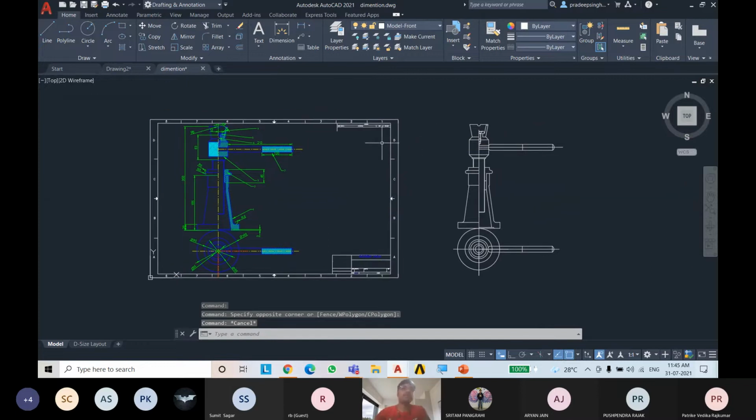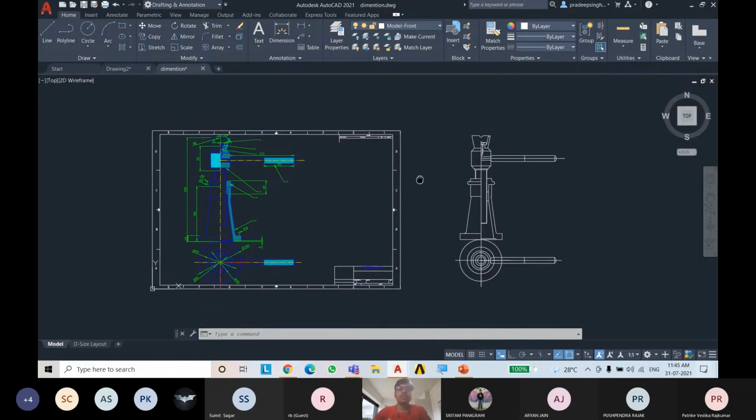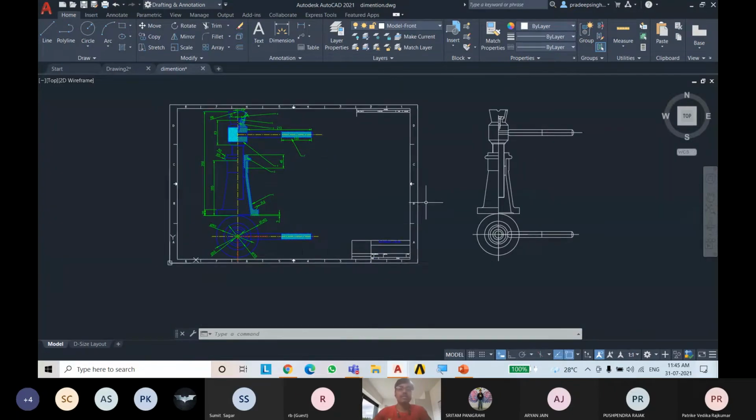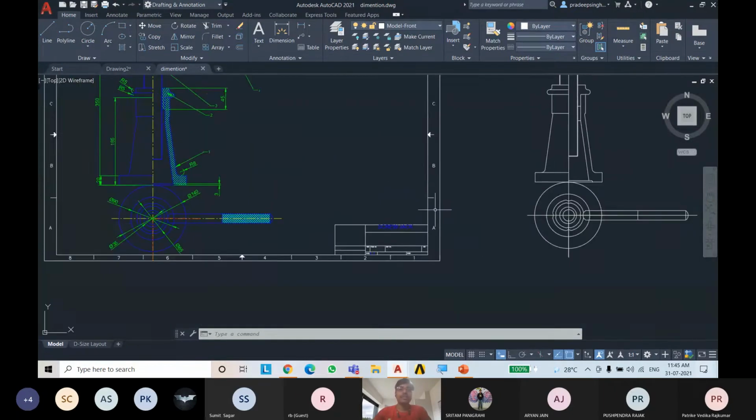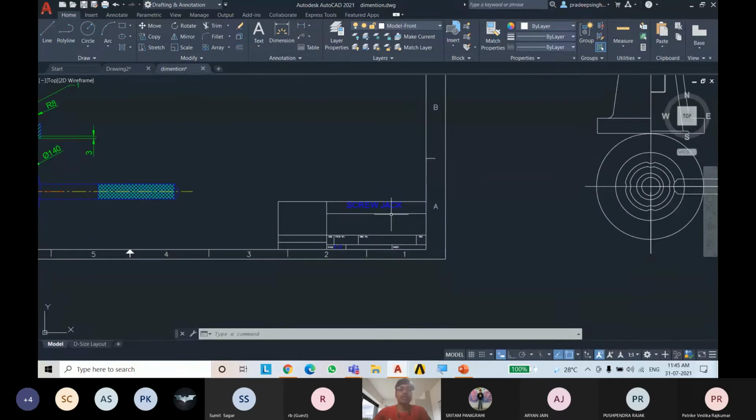These templates are used in second year of engineering to show all the details. You can write the title, your name, your section, your size, and everything.